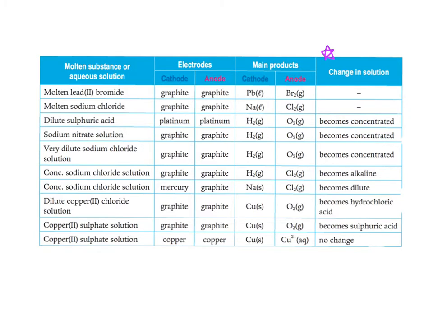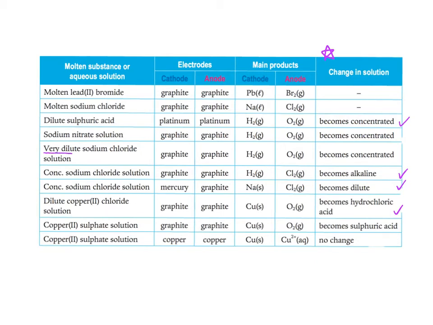So this one, you can use the ion table to help yourselves, okay, to find out whether the solution becomes concentrated, dilute, alkaline, or acidic, things like that. Okay, this one should be quite easy. But the other things I want you to pay attention to will be